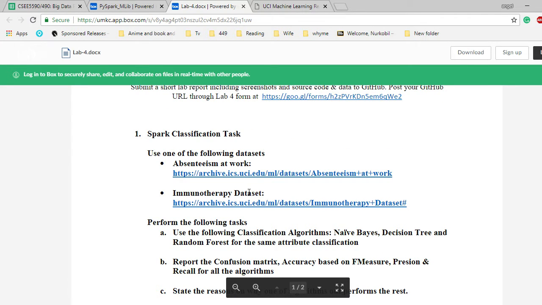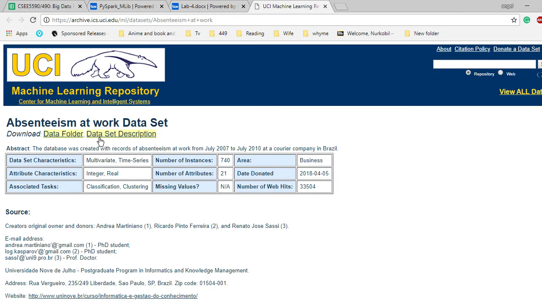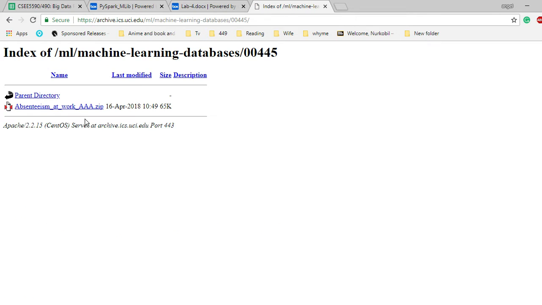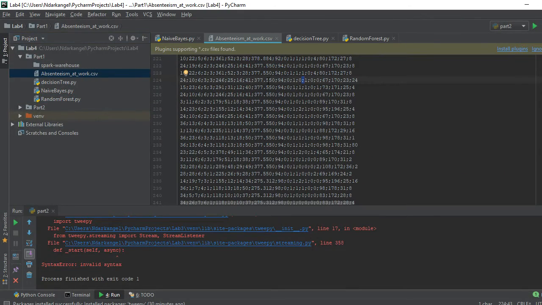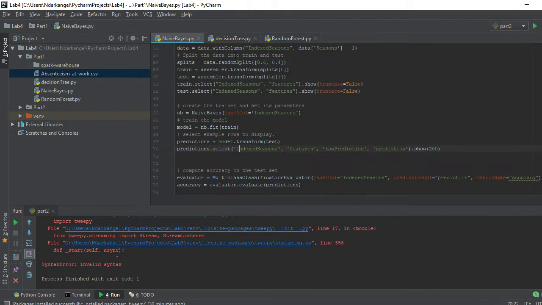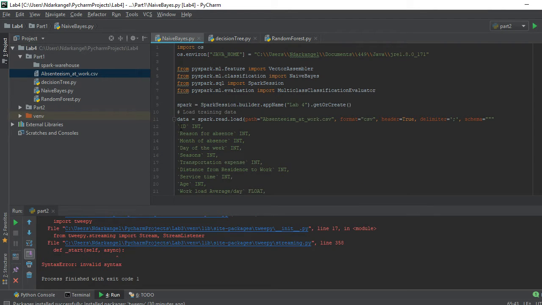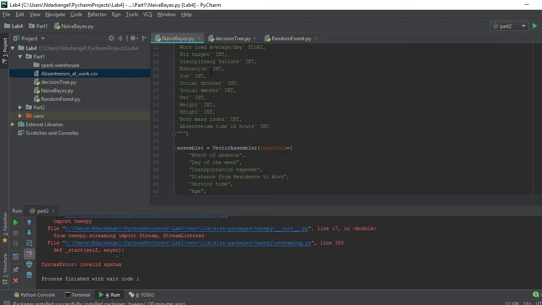Use the following data sets. From here, for the data sets, we use the absolute set. You can see here, this is the data set. You can just go to the folder. You can download the folder, or get information out of it. For us, you can see CSV. We have all the files, and we divide it by this. So we import everything. This is the file in CSV format, and the header and delimiter are this, and this is our schema. You see, this is our big schema,